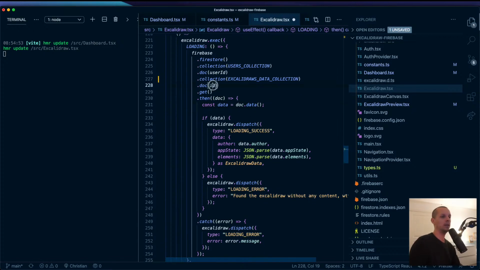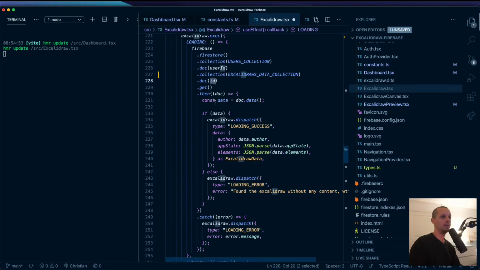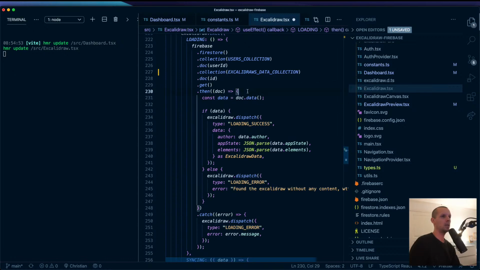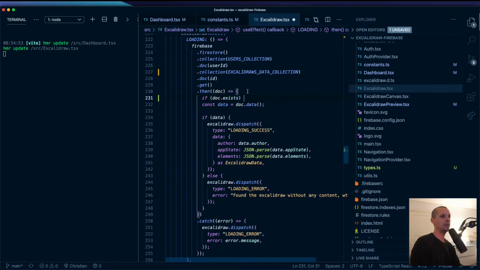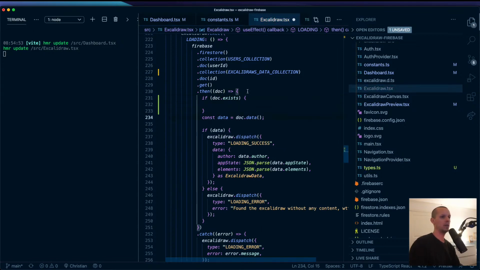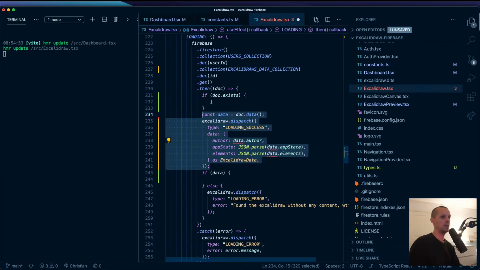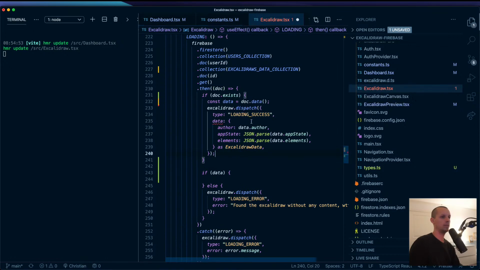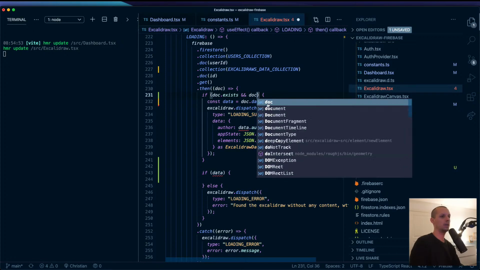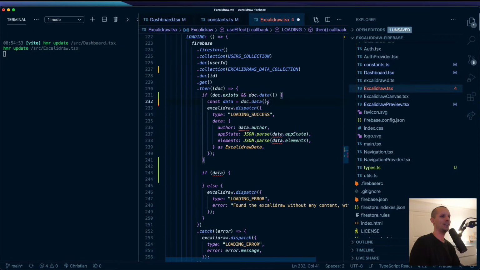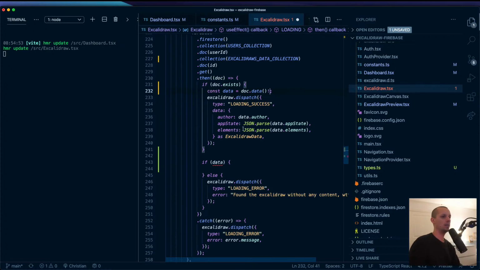Anyways, so the Excalidraw's data collection has the same ID. Now the thing is, this doc might not exist. So if it exists, we're not even going to check that thing. It has data if the document exists. No, it doesn't understand that. If the document exists, it does have data. That's the point. But if it doesn't exist,